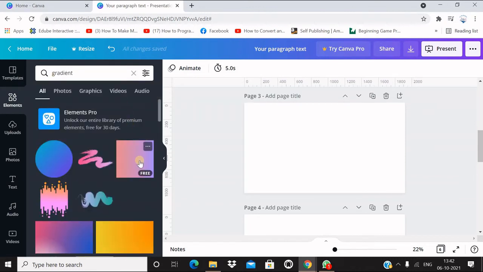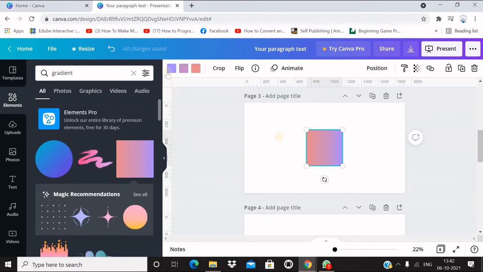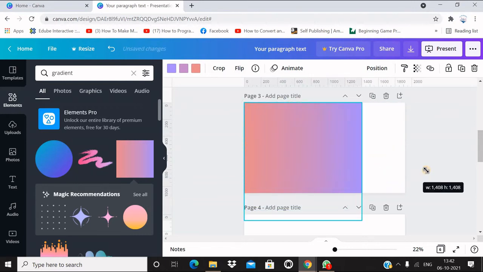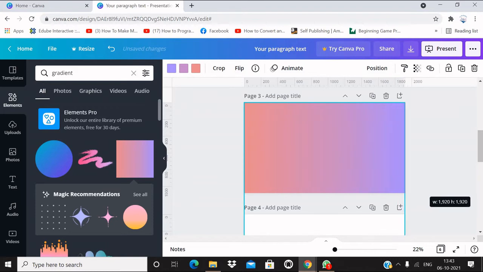Let me choose this square gradient strip. In the edit menu, the colors used are shown. There are 3 colors. Now I will move it to a corner, then drag the handles to cover the whole screen.